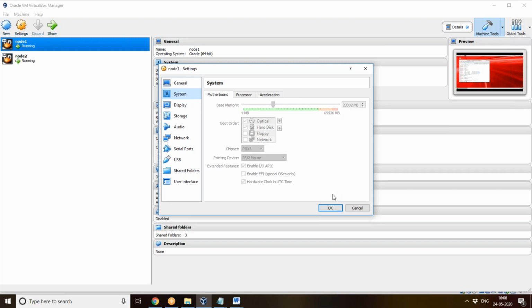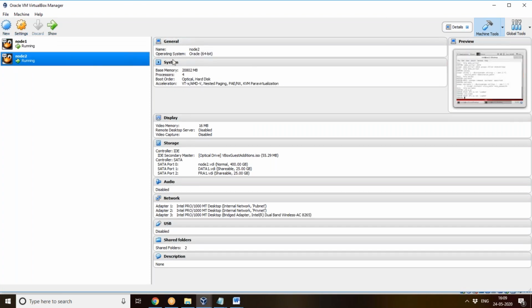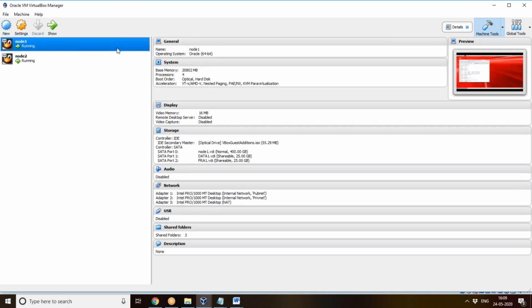My machine is a 64 GB RAM laptop. The 19.3 grid installation requires a minimum of 8 GB, but 20 GB is good.